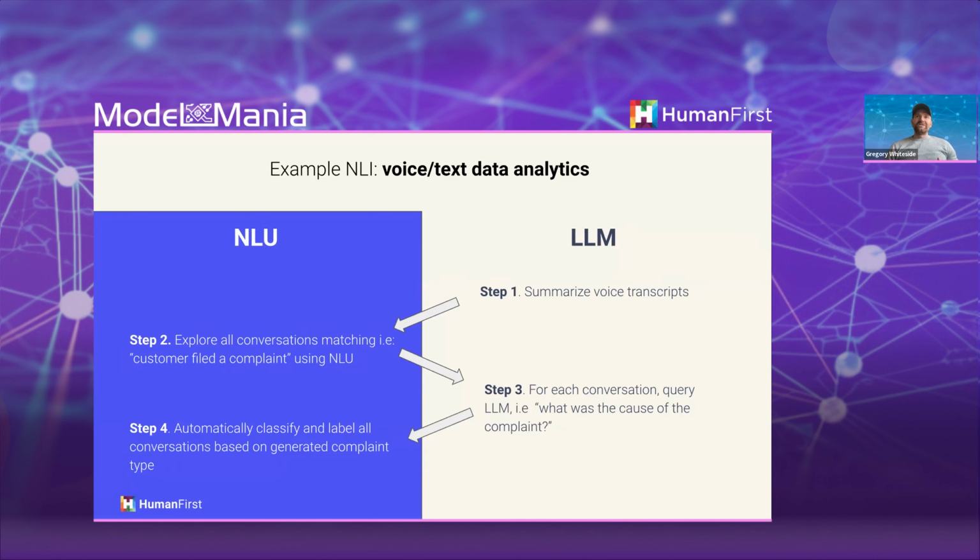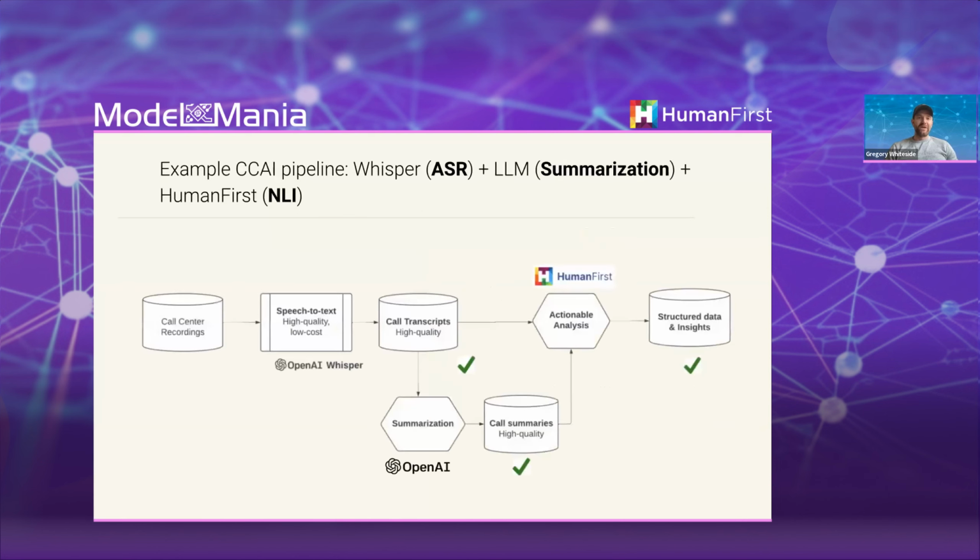So what we're discovering is that while LLMs are extremely powerful, at scale, NLU and the underlying technologies like semantic search and embeddings really allow us to scale that process and to do things that are otherwise very costly or more time consuming. So I'll just end that by showing the workflow for how HumanFirst integrates within a stack to achieve